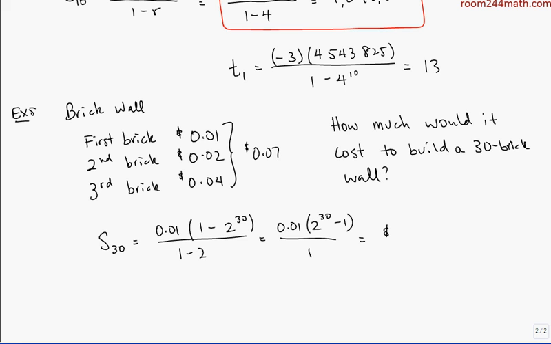And you find out that this tiny little 30 brick wall, which started off at such favorable terms for the king, ends up costing $10,737,418.23. Needless to say, the king is not too happy to pay this extraordinary sum, and instead of paying this sum, just chops the head off of the bricklayer. At least that was the version of the story I heard when I was younger. I'm not entirely sure what lesson was supposed to be imparted there, but that's how the story ended in my version. Okay,